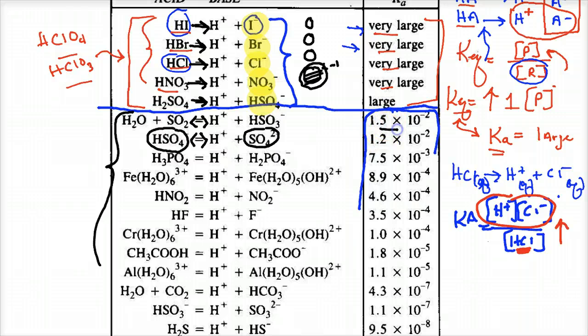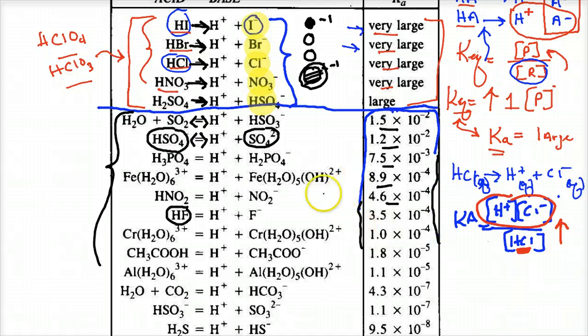As the Kas get smaller, as these numbers are showing, the strength of these acids decreases. Notice something: hydrofluoric acid, which would be the fluorine I drew up here, is not a strong acid because of the size. Charge density is really high. It's very small and -1, so the H plus has a tough time getting away. The bond energy is very high because of the great electronegativity as well. But the bottom line is, as these acids get weak,